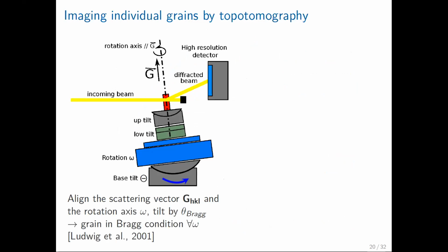Right now I have been talking about classical tomography and also the diffraction contrast modality, where you shine a specimen with a box beam. So you illuminate the entire specimen at once, and you collect information on the entire gauge length. Now, if you're looking at grain stuff, you may want to get more details for individual grains. And you can do this by using this topotomography technique that you can do at the